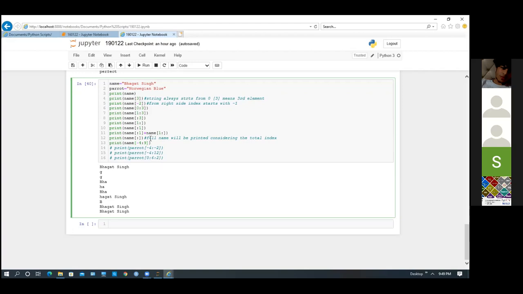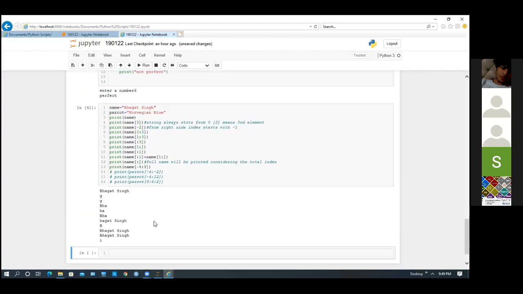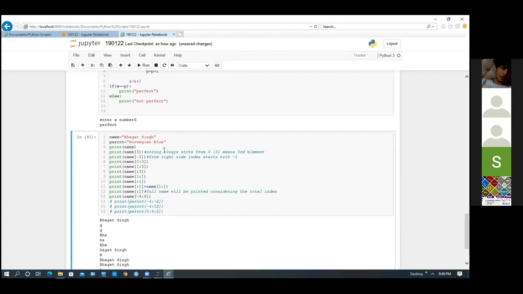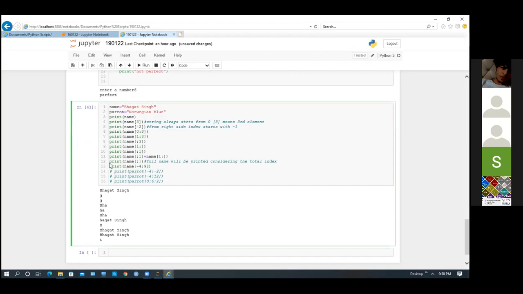Let me run it. So it will print I. Can you say why? Because 1, 2, 3, 4, 5, 6, 7, 8, 9. So this is my 9th position. And if I check from here also, 1, 2, 3, 4. So both positions are the same from both sides. That's why it's printing I.